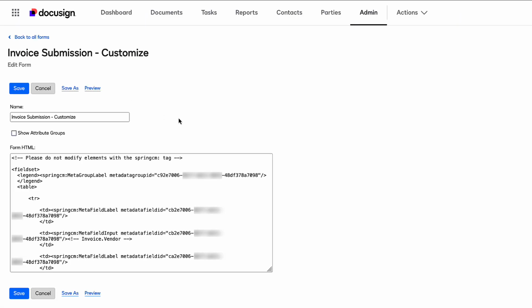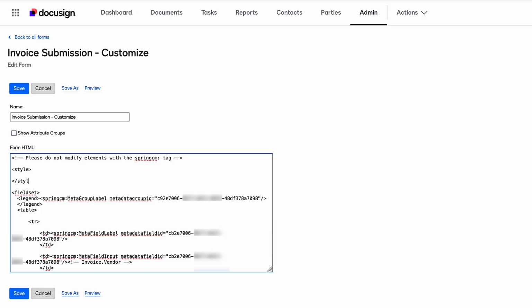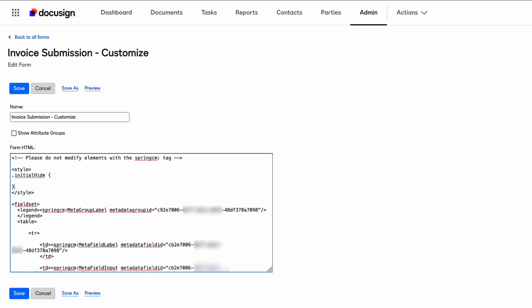I'm going to start by adding some CSS. I'll define a class that will let me hide an element. So at the top of the file, underneath that warning comment, I'll add an opening style tag and then a closing style tag. And between those, I'm going to define .initialHide, and I'm using camel case here. And then I'm going to open a block, close that up. And on the blank line, I just want to specify display: none;